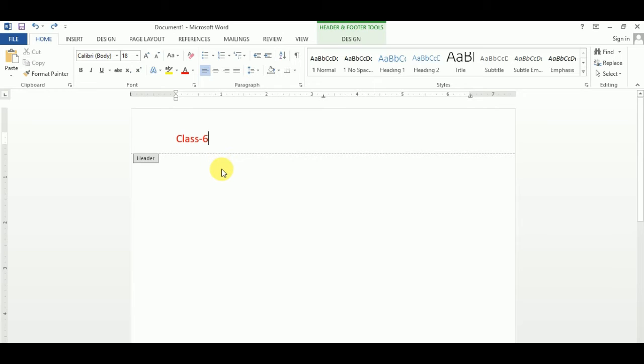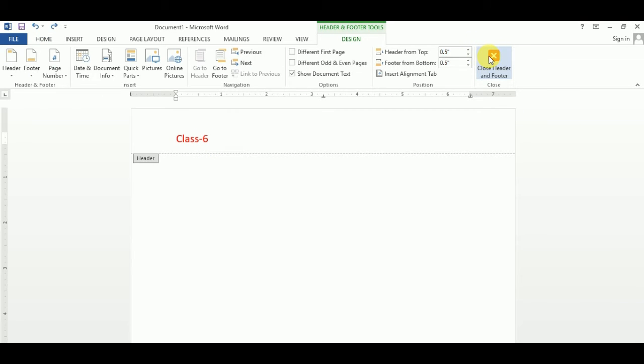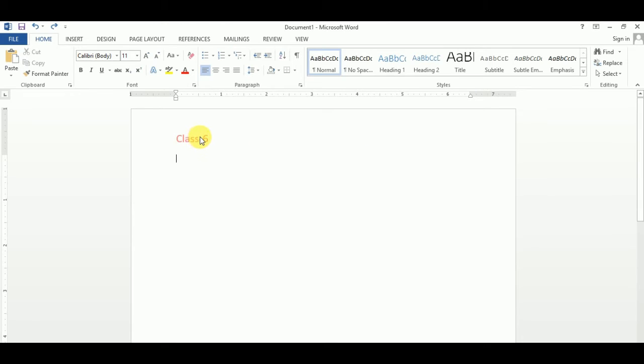You can press the Escape key, or you can use this option, Close Header and Footer. Suppose I use the Escape key; you can see the header and footer option is cancelled, not removed, only cancelled.